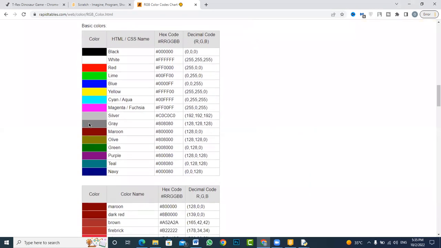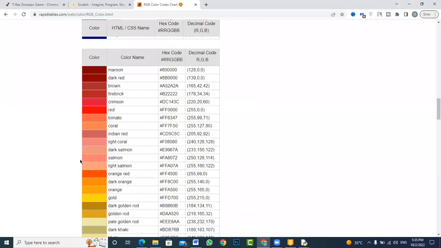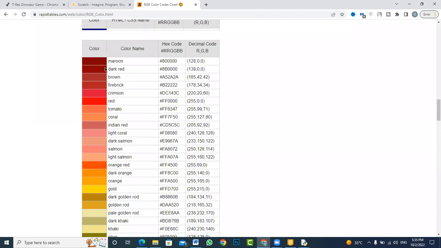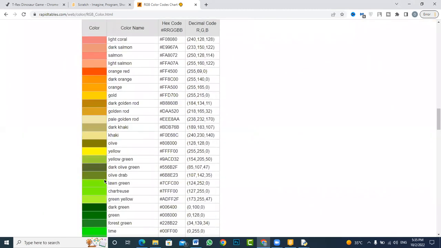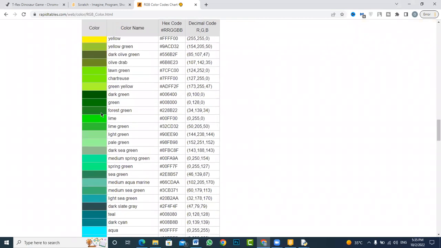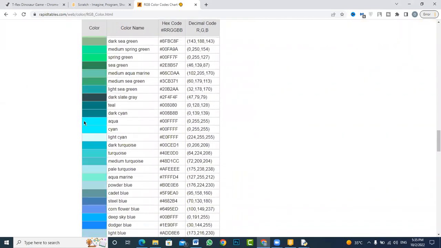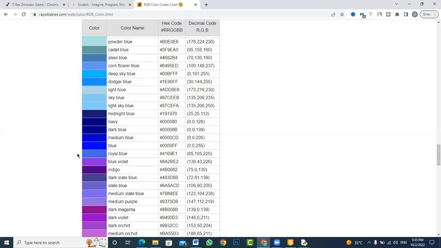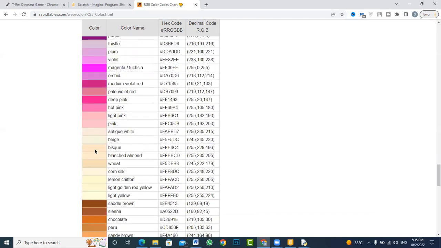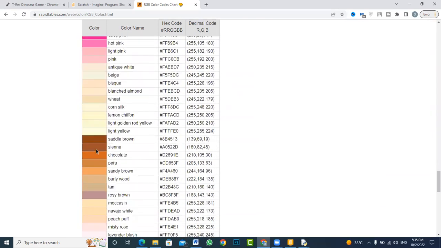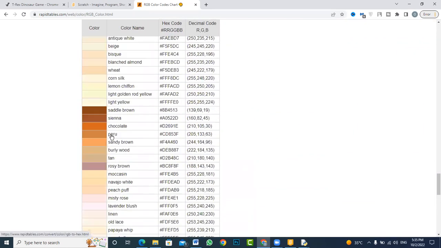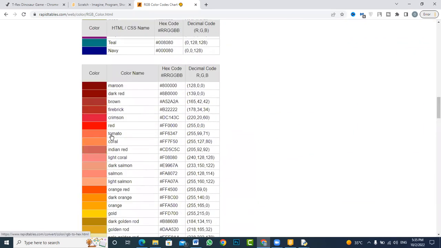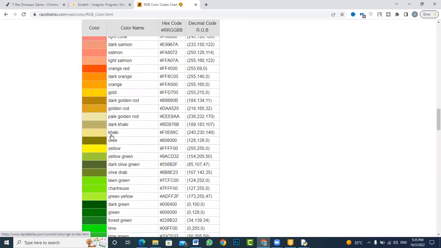Like these are some basic colors, and now these are some shades of the same color. Like there are a lot of shades of red. Then you get a few shades of yellow, then a few shades of green, sea greens, blues, and then regular blues, magentas, indigos, purples, beiges, browns. So a lot of colors are here. So if you have to pick any color that you want, say golden yellow, this goldenrod is